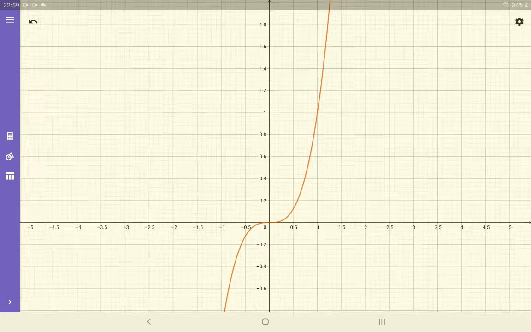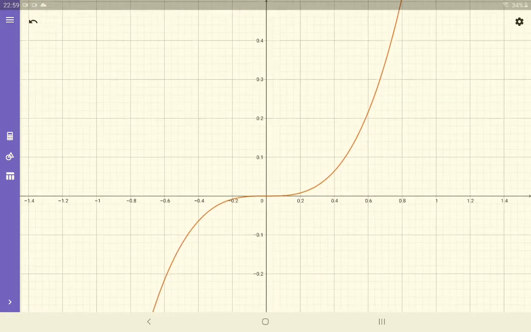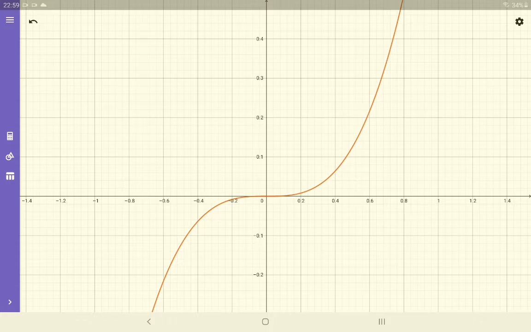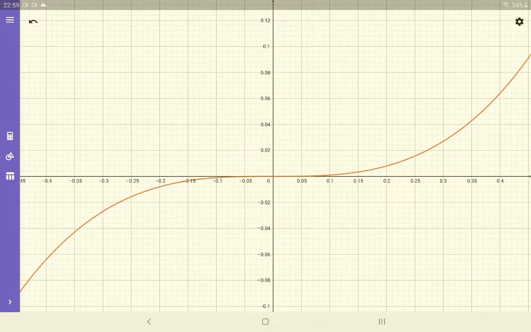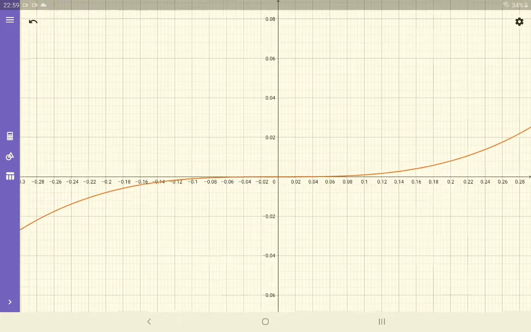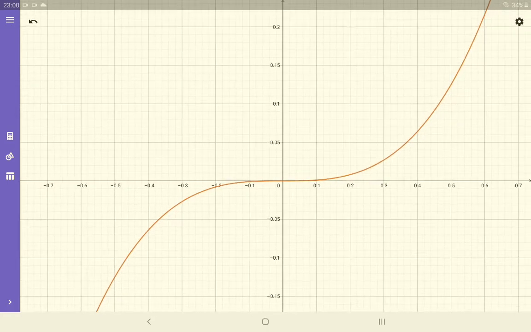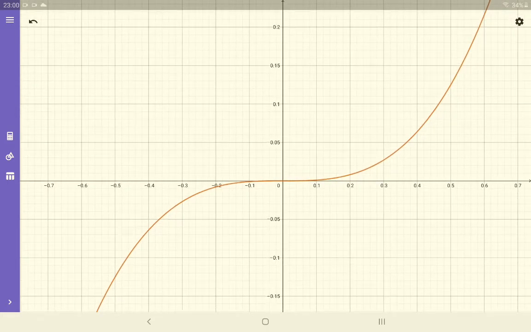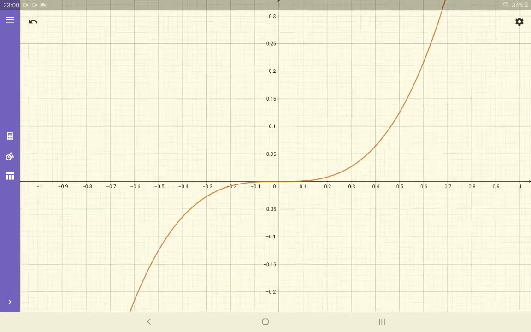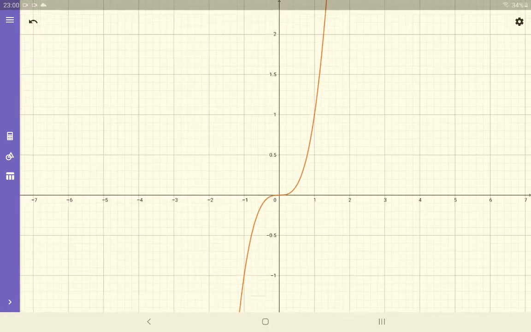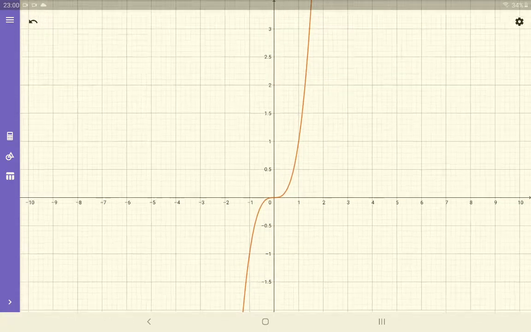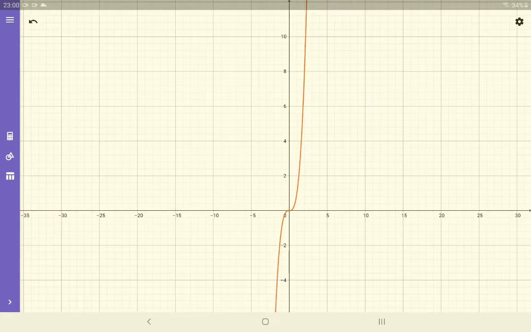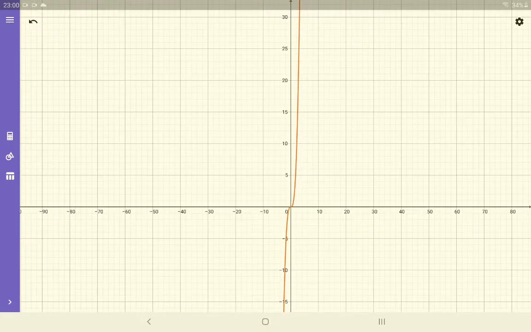See, its values move like this, and the domain for this function is the set of real numbers, and the range is again the set of real numbers. You can see that if I substitute a value of x, then I will get the value of y in the form of a real number only. And the structure of the graph is like this. It moves up to infinity in the upward direction and in the downward direction.